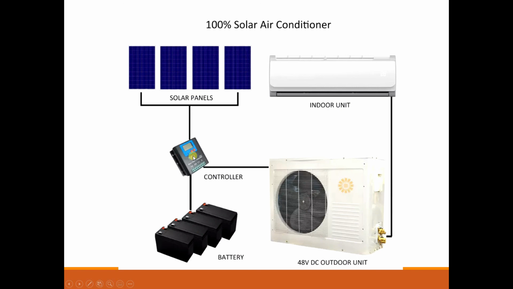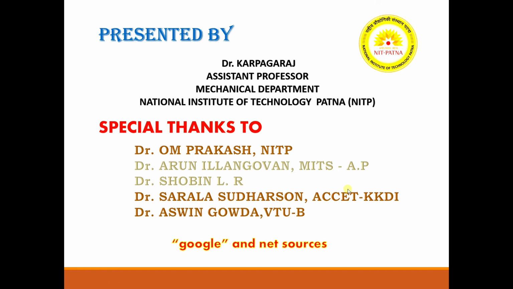100% solar action. You can see 4 or 5 solar panels are placed and their output is going to the controller. Later it goes to the battery. From that, power is stabilized, then it will go to the rectifier or amplifier or so called, whatever it may be, according to the input we need to run the AC. Then it will be supplied to the AC, and then we will get the cooling effects.